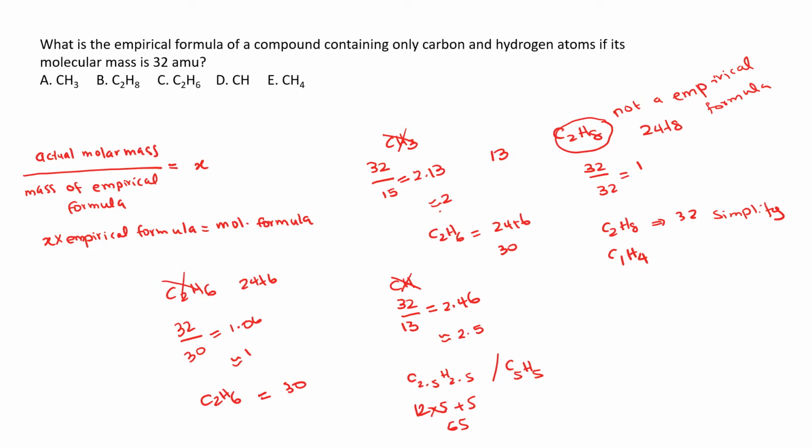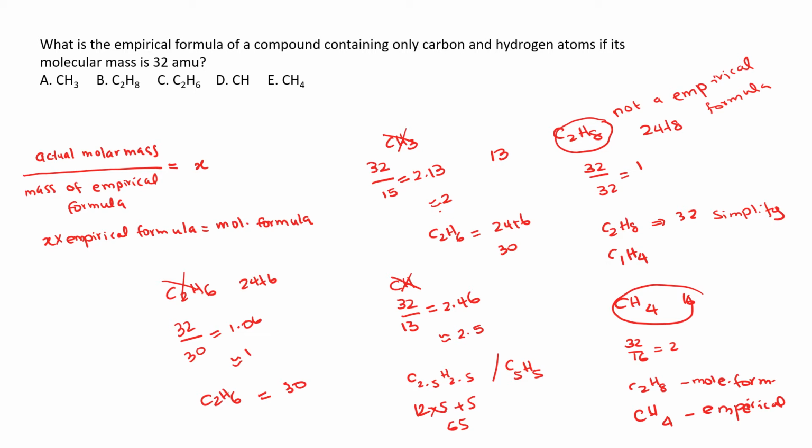When you have a 2.5 ratio, what we are going to do is make it a full integer. 2.5 times 2 is 5, 2.5 times 2 is 5, and then the molar mass of C5H5 is 65. It's still not 32. Let's go to the last choice,